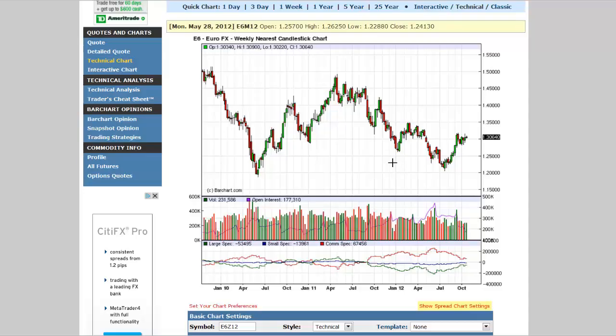So while they didn't exactly line up between cable and fiber, both of them more or less had the indication going in. So fiber was giving it up here early, and as you can see, it's also supported by the fact that they were unable to make a higher high here in April when the cable was able to do that. All right, so that's one way of applying open interest, looking for the reduction and increasing of open interest for measuring smart money in the form of commercial traders and using the COT graph.